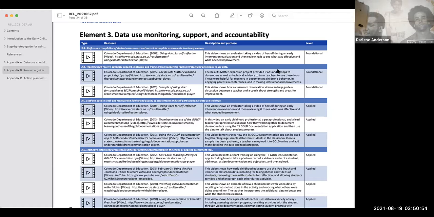Applied. Foundational. Applied. Appendix B, Resource Guide. Type: Resource. 3.E. Staff participates in professional development that supports user skills and competencies to understand, interpret, and use data effectively. Description and Purpose, Level. Cowan, D. 2009. Creating a community of professional learners: An inside view. SEDL Letter,